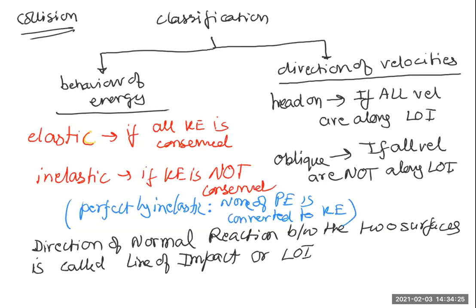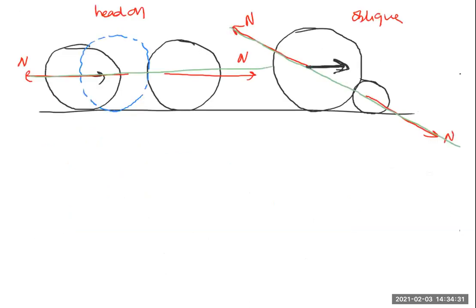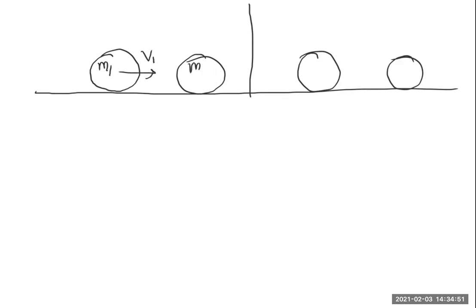Based on this, what we will say is, look, this is a ball of mass m1 moving with a velocity v1, and a ball of mass m2 moving with velocity v2. They collide, and after the collision, the ball of mass m1 is moving with velocity v1 prime, and the ball of mass m2